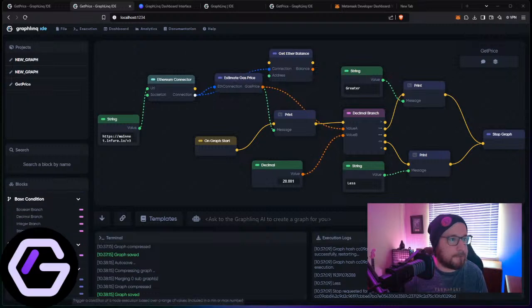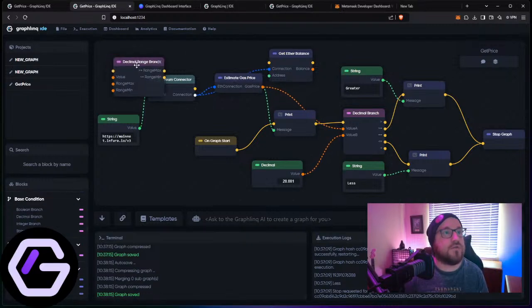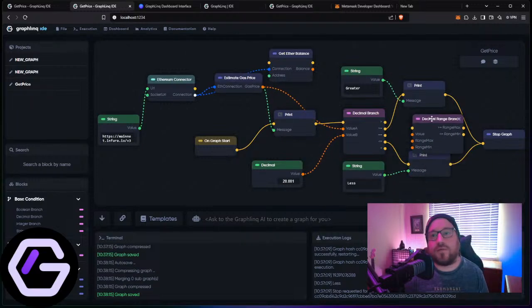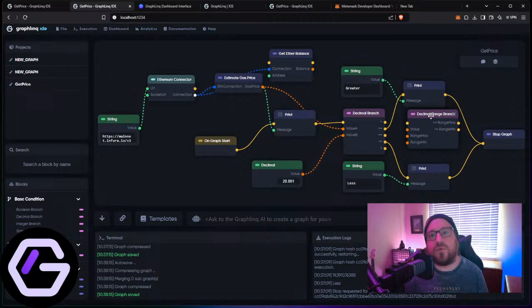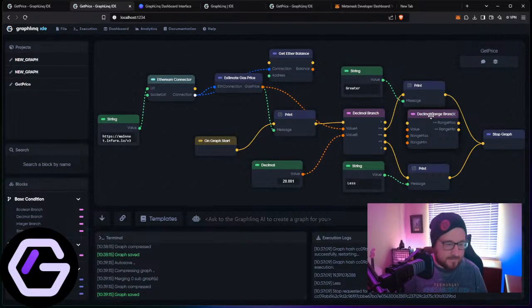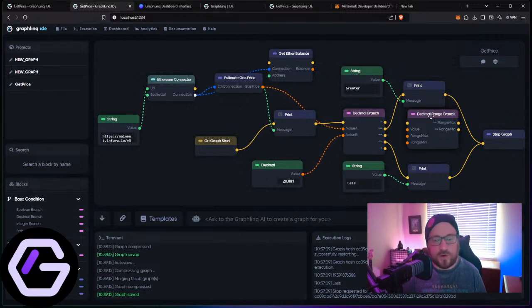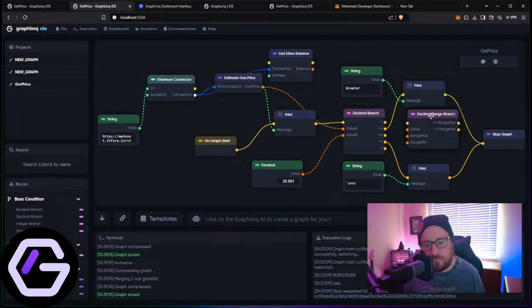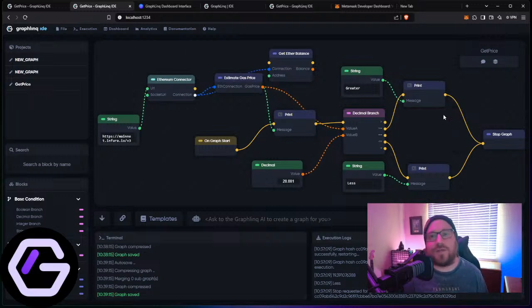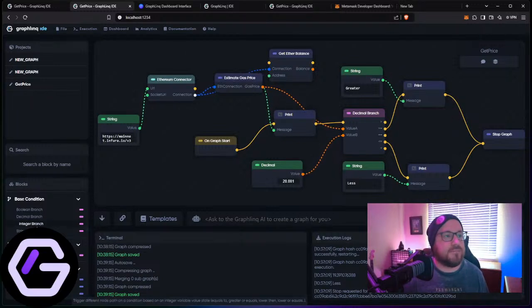Here we go. The decimal range. So this block will actually allow you to give a greater than, but it has to be a certain amount. If the value of the arbitrage is 1 penny, you're probably not going to execute that. So you would probably want to check that and give yourself a higher number that you would be checking for. And then from there,